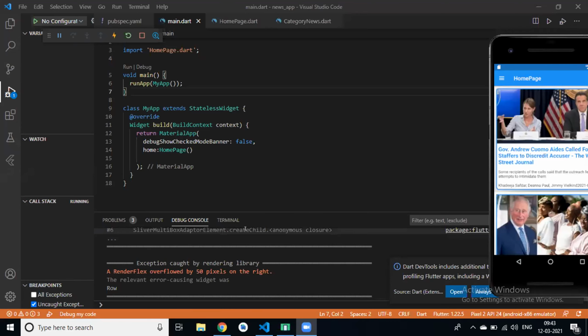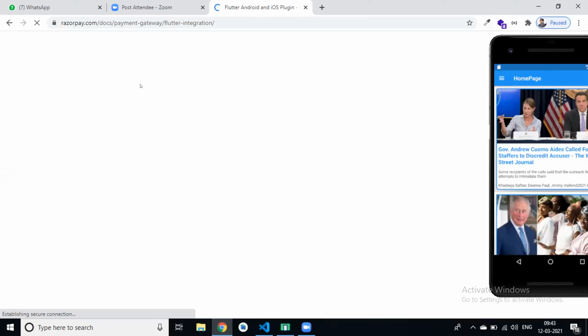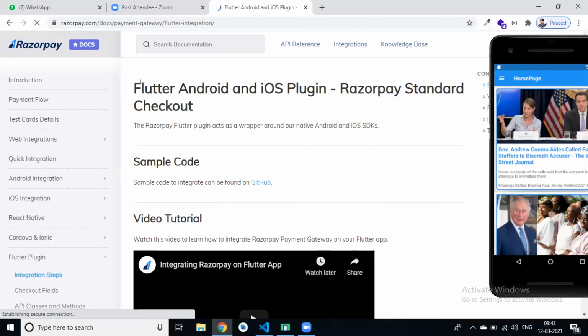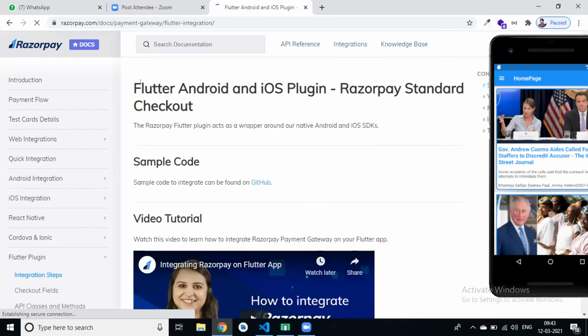So first, can you see my screen? Yes, Roshan, it's visible now. So simply search Razorpay Flutter on Google. This is the official documentation of Razorpay.